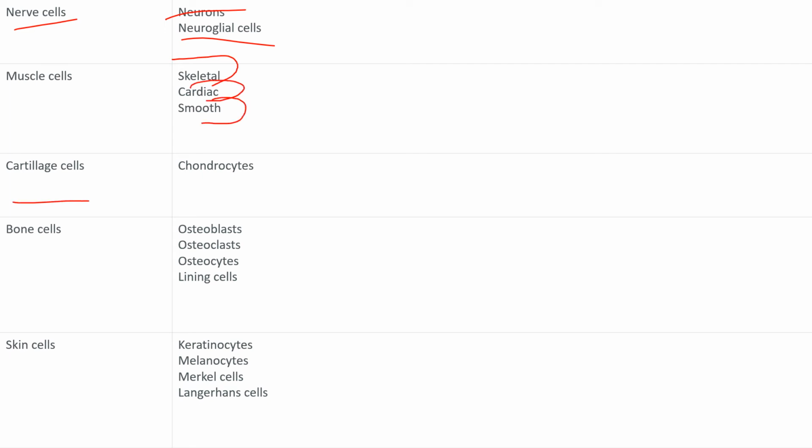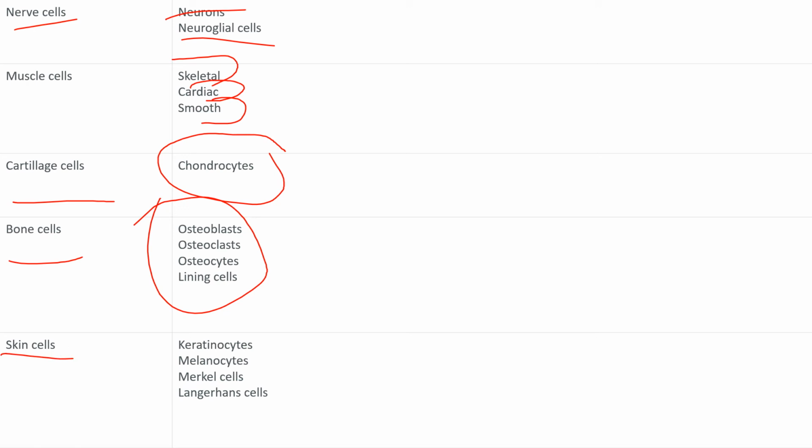Next one, cartilage cells, chondrocytes, bone cells, osteoblasts, osteoclasts, osteocytes, and lining cells. Don't worry, this is just for your reference. And skin cells, keratinocytes, melanocytes, Merkel cells, and Langerhans cells. Next one,